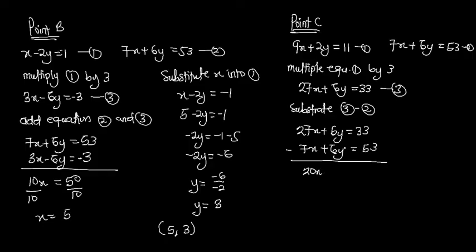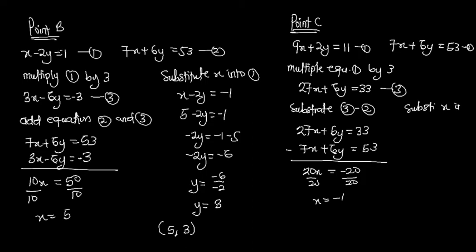6y minus 6y will give me 0. 33 minus 53 will give me negative 20. So if I divide both sides by 20, my x value becomes negative 1. If I substitute